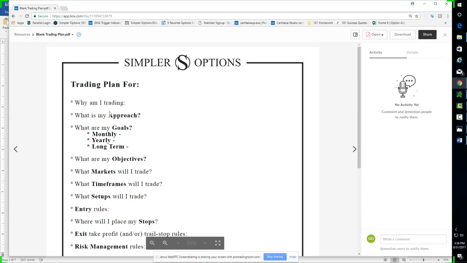Yes, I shared the form. It's in the top left-hand corner of the screen in the presenter's post. So you can just click right there and you should be able to download it from box.com. And then yes, I will share my plan once I am finished with it.